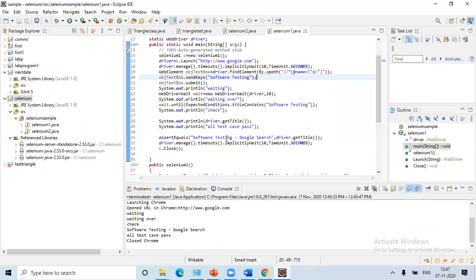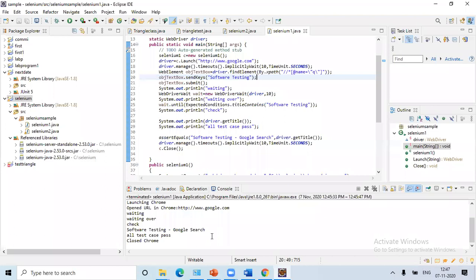If you give anything other than that, it will show an error. If you want to type yourself, or if you are not allowing it to execute, it is going to show you an error. And then finally it closed Chrome. So all the activities you got automatically.